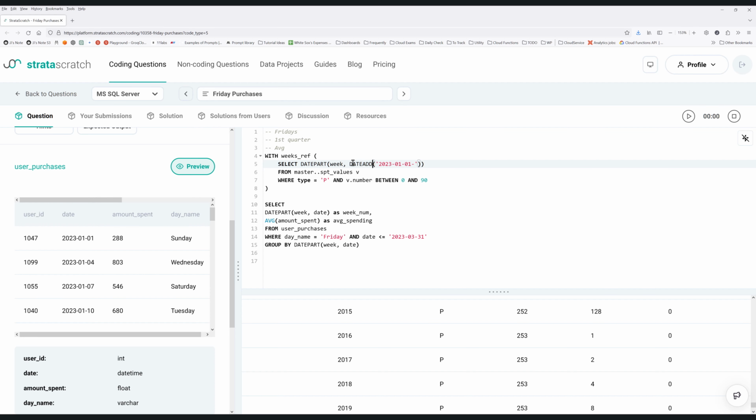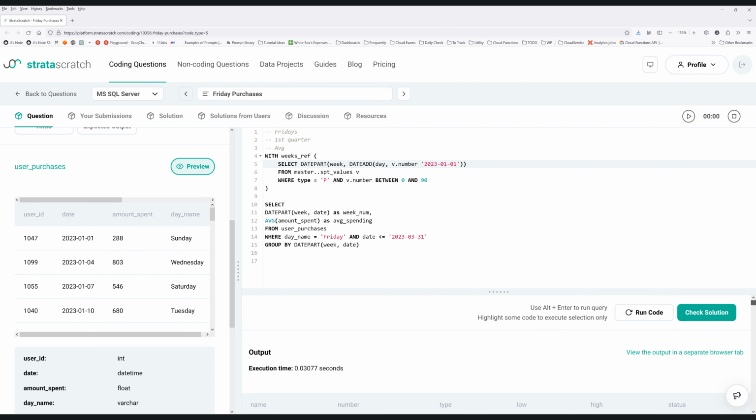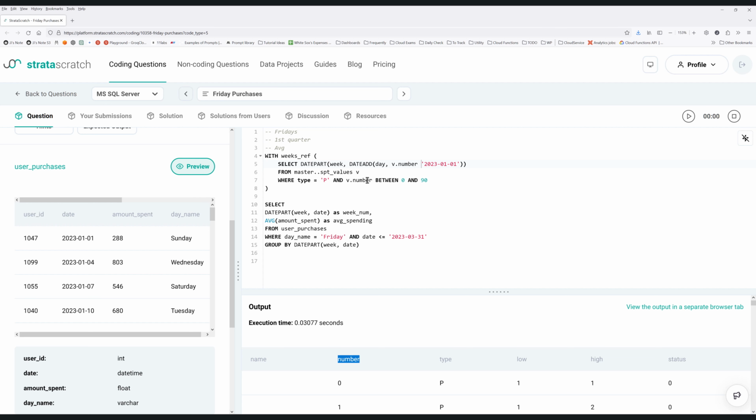And I want to add the days. So DATEADD. I want to create a list of dates from January 1st to March 31st. It's going to be the beginning point, and the unit is going to be day. And I want to add the values based on the numbers count. And I'll name this as week number. Now if I go ahead and select the records from this SQL statement,